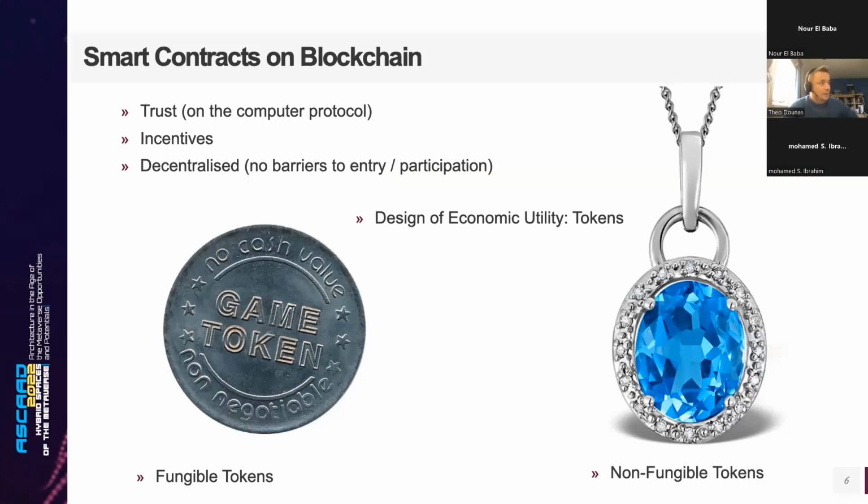And it is essentially also decentralized, so there are no barriers to entry, or you don't need to ask permission for someone to participate. Based on those smart contracts, you can design essentially economic utility, right? So you can design tokens. The easiest one to explain are obviously game tokens, in the same way you would have in a gaming arcade, where you would exchange fiat currency with a token that you would use to play games, or you might get essentially non-fungible tokens, so